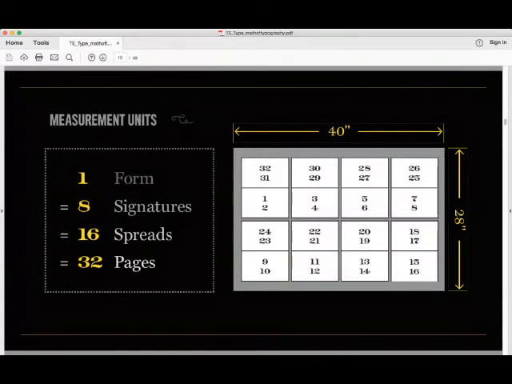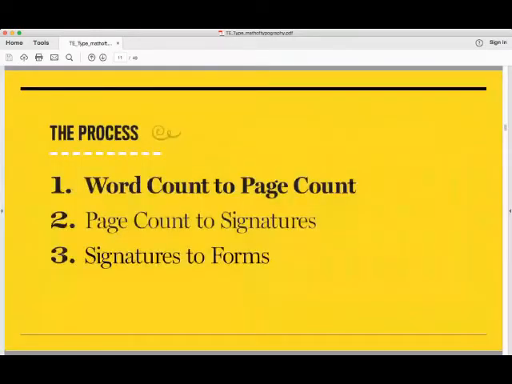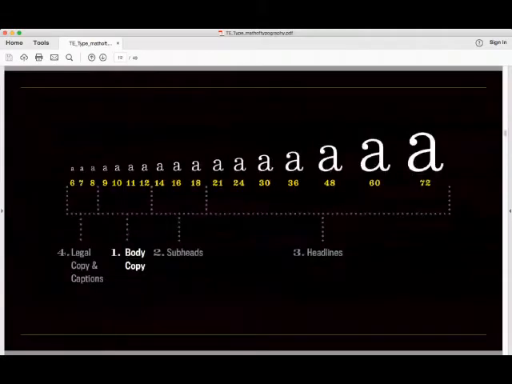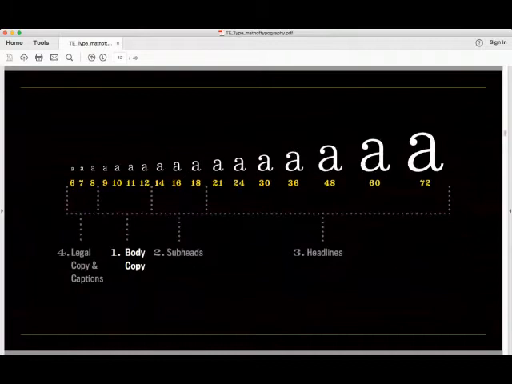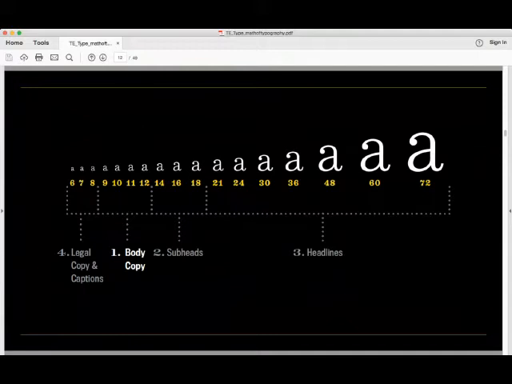But this is generally how we would try to figure it out, get a roundabout idea. So once we have the word count, we can get words per page. And because we're setting body copy and it's always first, we aim towards a common body copy size of 9 to 12 points, just like a lot of you have learned. It's typical there. So once you have a body copy range size, you can determine in most serif typefaces how many words you're going to get on a page depending on leading and how many lines, okay?